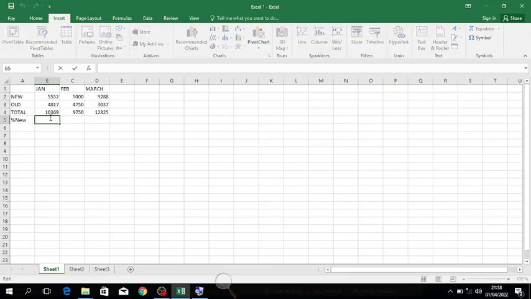Welcome to this tutorial on data analysis in healthcare using Microsoft Excel. As you can see on the screen, we have a data set which gives us the patient attendance from the months of January to March, we can say for the first quarter of a year. It gives us the number of new patients, the number of old patients, and